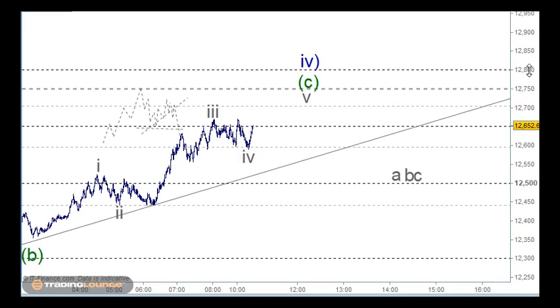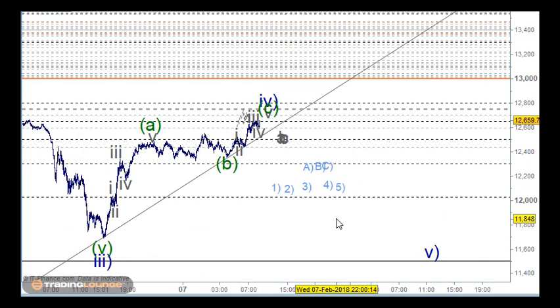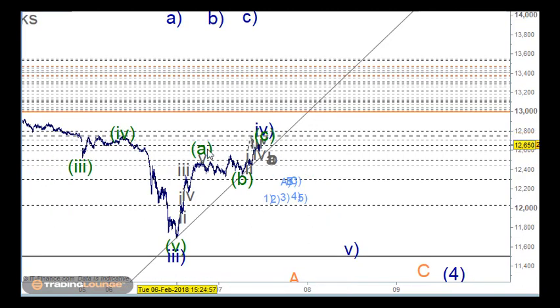If the 12,800 became support, which is the next Fibonacci number, then we need to look to the upside further in that particular case. But just summing that up a little bit, we're considering this a wave 4. Yes, it is higher than the 38.2% retracement level, which would be much lower, but it is in line with the wave 4 of 1 lesser degree over here. So we do need to allow that to play out here.